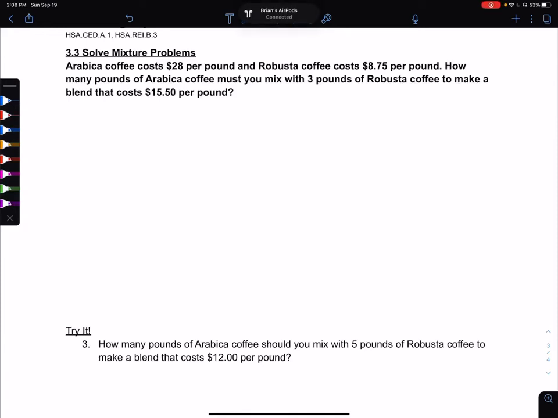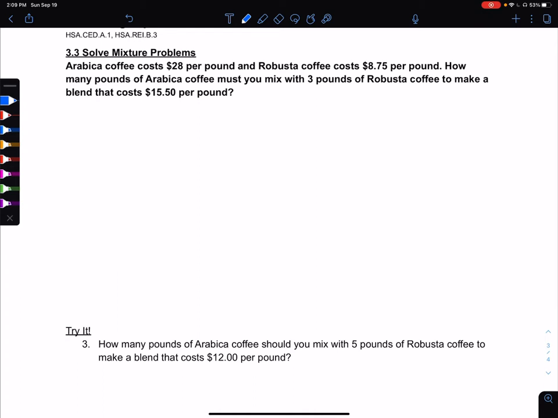In this video, we're going to look at topic 3, example 3, where we solve mixture problems. In this problem, it says Arabica coffee costs $28 per pound and Robusta coffee costs $8.75 per pound. How many pounds of Arabica coffee must you mix with 3 pounds of Robusta coffee to make a blend that costs $15.50 per pound? All right, so the first thing I want to do is either create a chart or